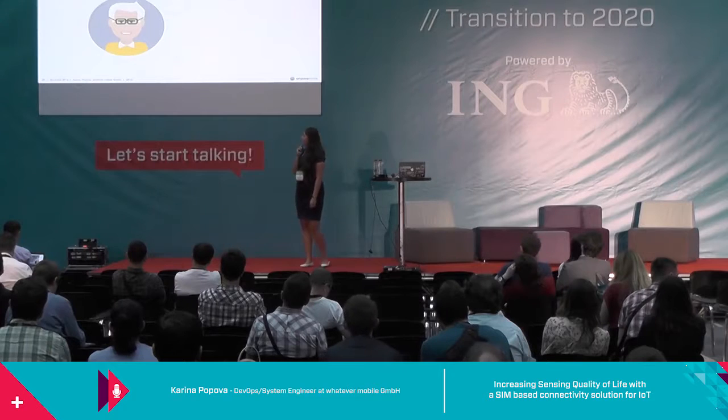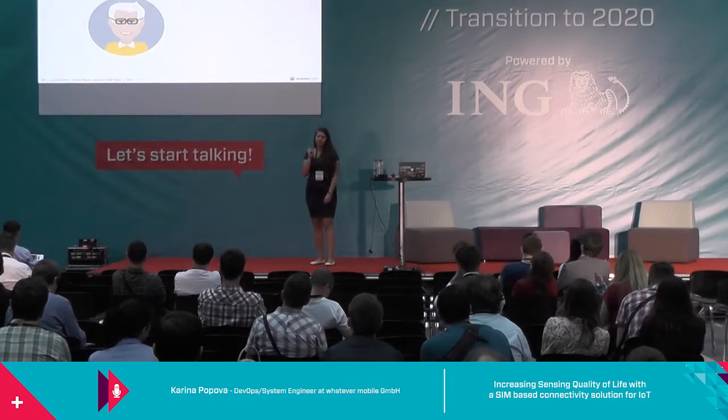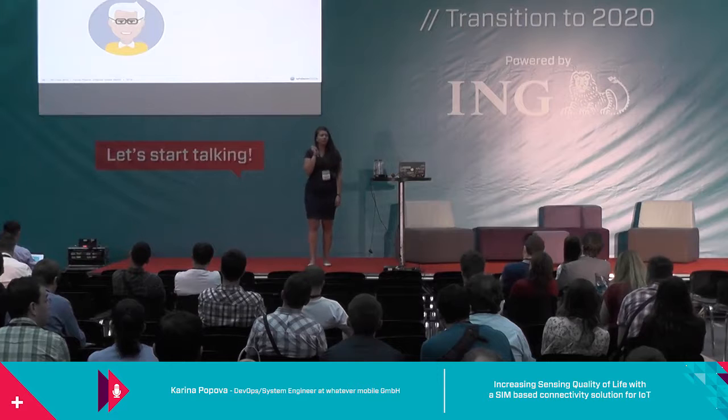The next case is e-health monitoring and management. Imagine that we are 82, we are feeling quite fit, but we still have problems with blood pressure, for example. Our relatives are worried about us and want us to move to assisted accommodation, but we don't want that, because we would like to have our freedom. So how can we do this with Wherever SIM? With the new wearables, you can just